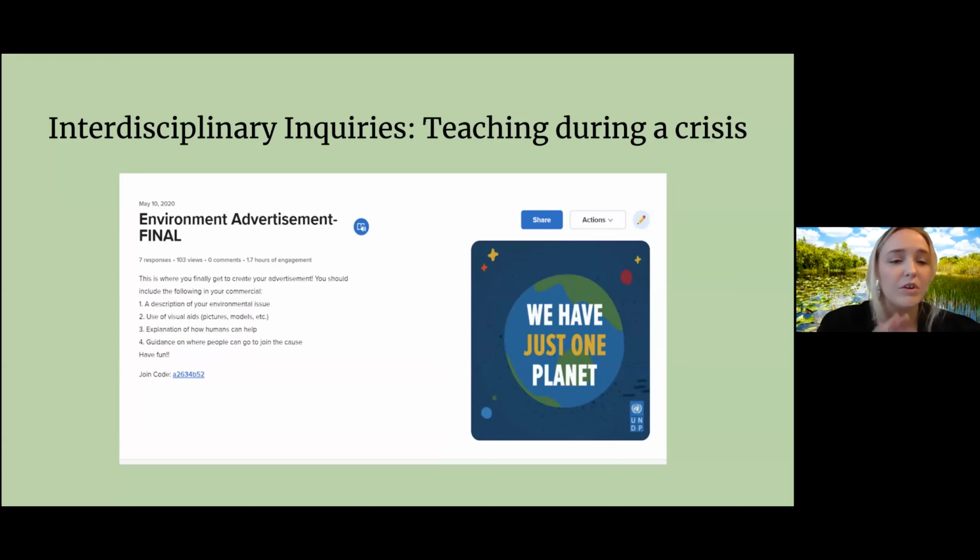And we all came up with little projects and assignments that all incorporated the issue of climate change. And so this was just an example of my own culminating project that I gave my students at the end of last school year, where they created this environmental advertisement to talk about how people could address specifically Florida's environmental issues. And they used information that they were learning in their other courses as well, like science and social studies.